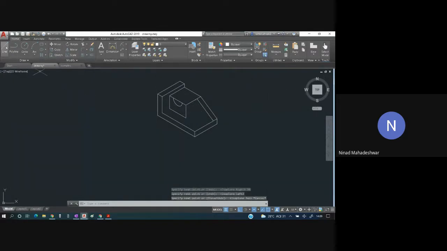Or rather, what we can do is take this from this end, go down by how many? 30, and join it over here. So we are just completing the isometric part. Join this from this end to this end.